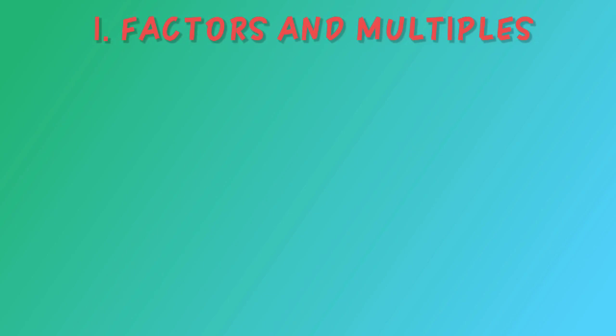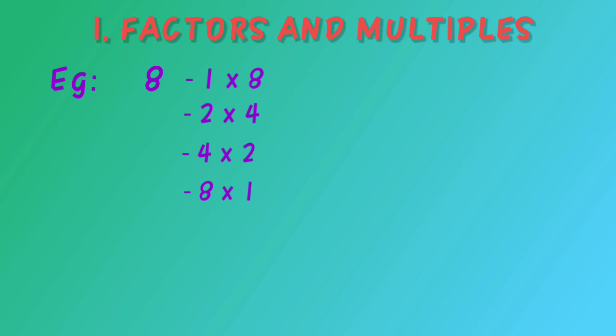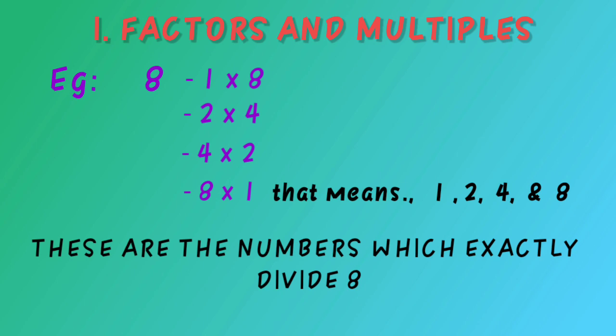हम सबसे पहले पढ़ेंगे what is factors and multiples. Let's take an example. If I write 8, 8 को हम कितने पॉसिबल वेज में लिख सकते हैं? लेट्स सी. 8 इक्वल्स टू 1 इंटू 8, 2 इंटू 4, 4 इंटू 2, 8 इंटू 1. दैट मीन्स 1, 2, 4, 8. दीज आर द नंबर्स विच एग्जैक्टली डिवाइड 8. क्या इनको छोड़ के कोई और नंबर है जो 8 को डिवाइड कर सकता है? इज देयर एनी अदर नंबर? नो. Hence, these are the exact divisor of 8 and they are also called as factors of 8. इन्हीं नंबर्स को हम 8 के फैक्टर्स कहते हैं जो 8 में डिवाइड हो सकते हैं.